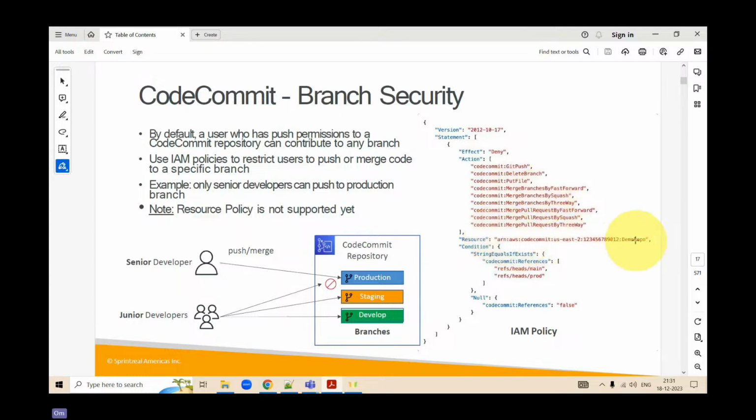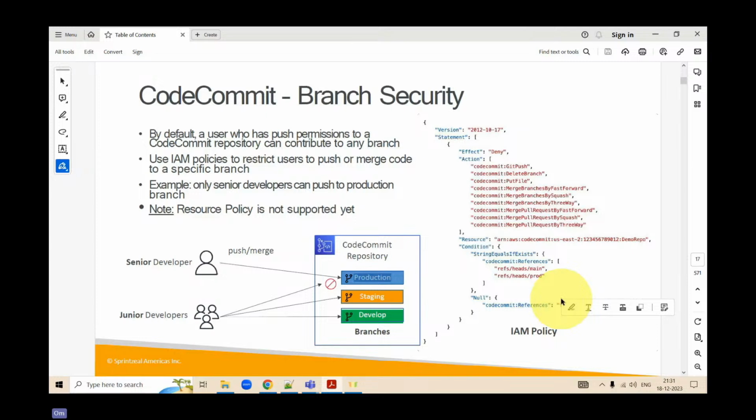On demo repo, that is your CodeCommit repository. Subject to that, it cannot move into the main branch or into prod. That means this developer can only push the code into a develop branch, and that is why we always have an IAM policy associated with it.